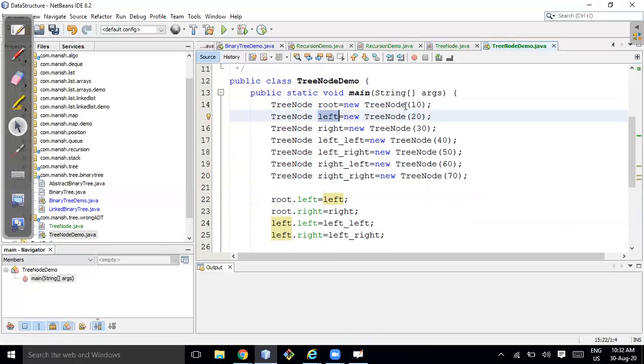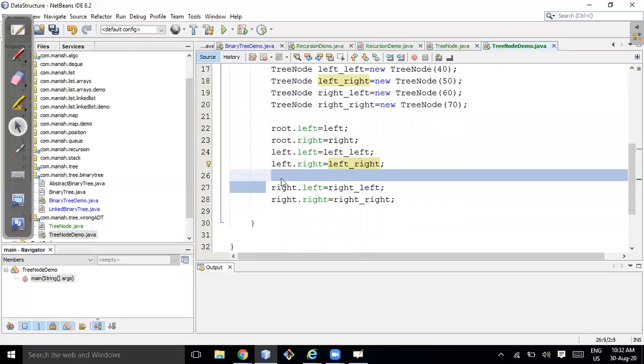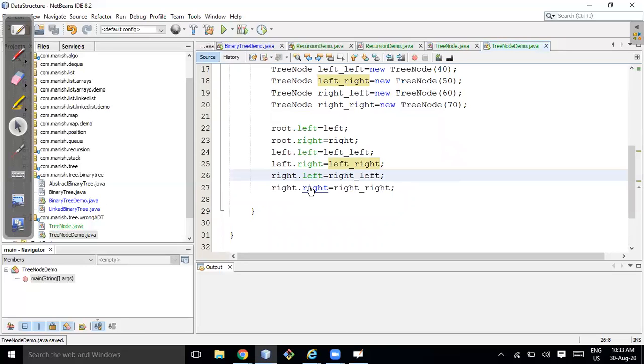Root is 10, 10's left I am assigning 20, 10's right I am assigning 30. Then for 20, the left node, left of left I am assigning 40 and left of right I am assigning 50. And similarly for right. So this node structure has been created.